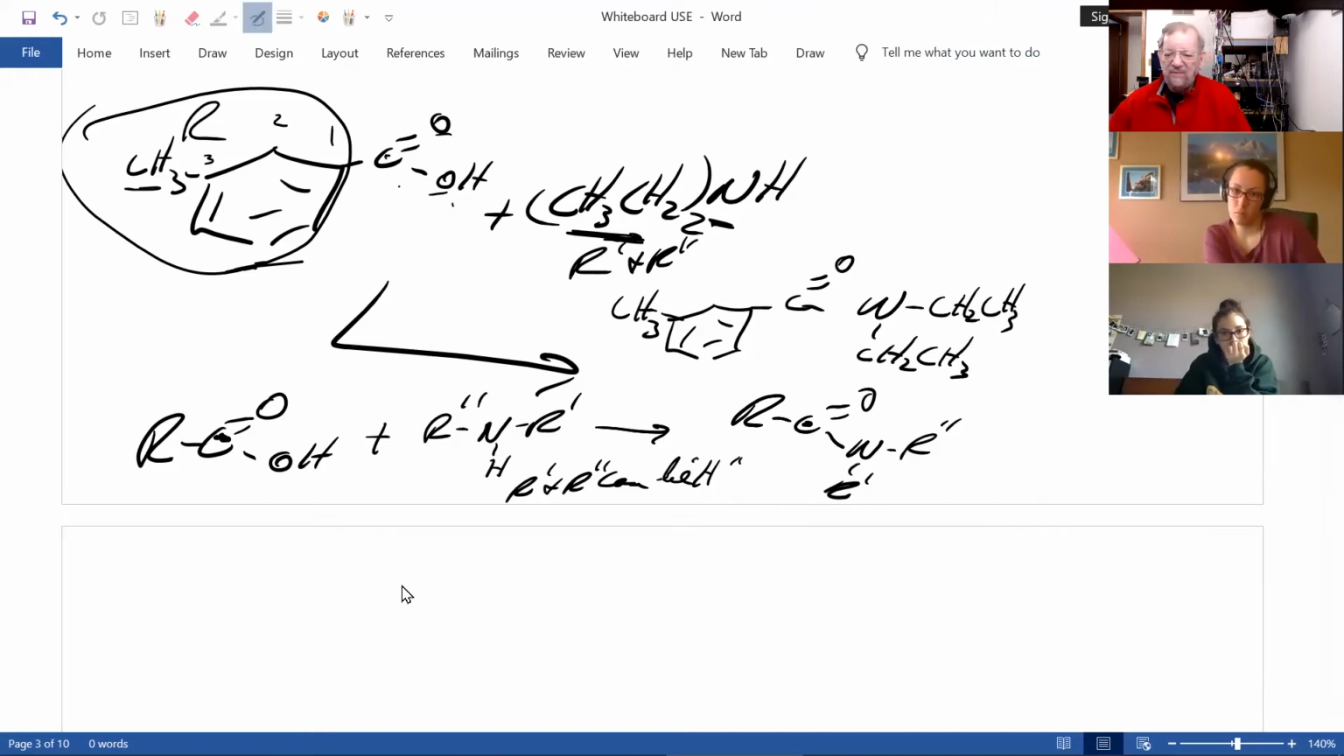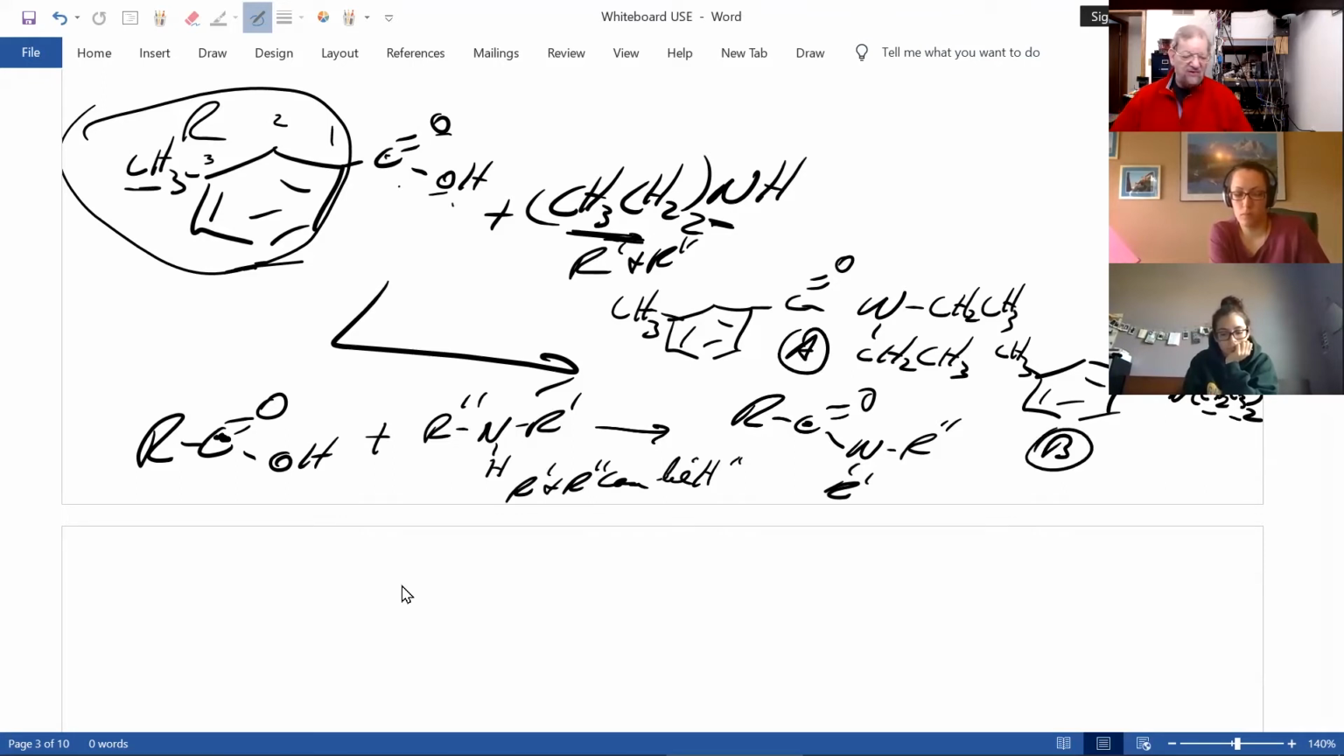Now, there's another way I could draw this. And that would be like this. And this is CH2, CH3. Either way, let's call this A or B, would be correct on the test. So that's how you make an amide. Now, one of the things